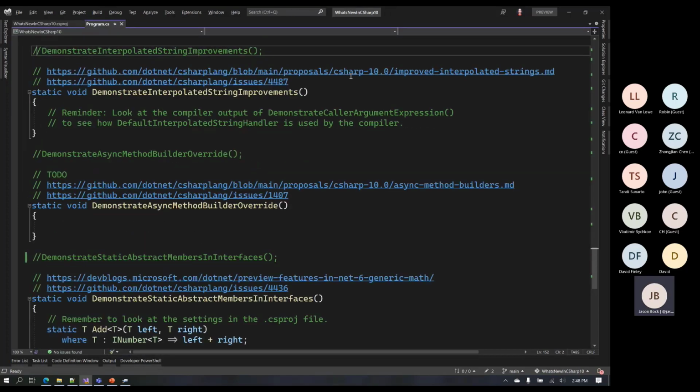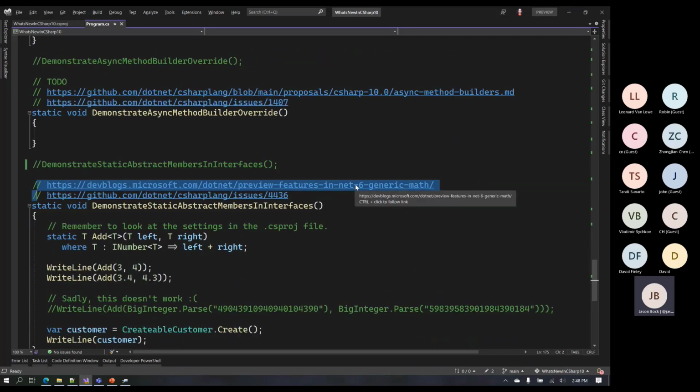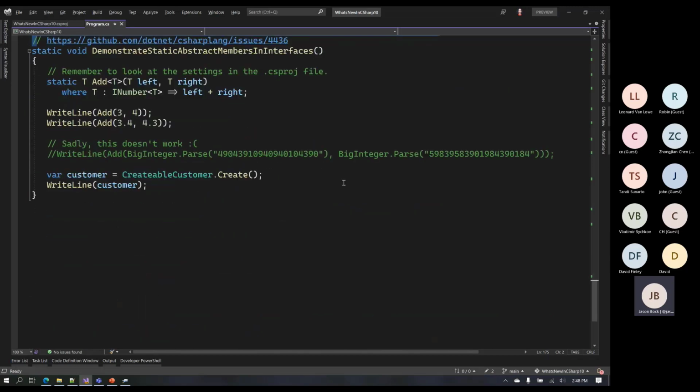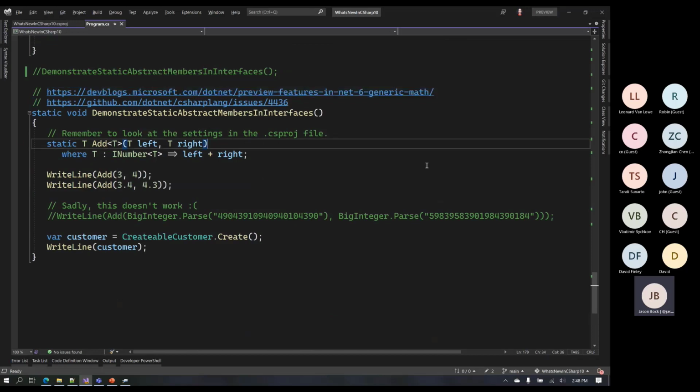This is, if I go down here, the article that talks about this feature in a little bit more detail. So if this feature looks cool to you, I'd highly recommend reading this article because it explains very elegantly why this is such a cool thing. But let's dive into this.